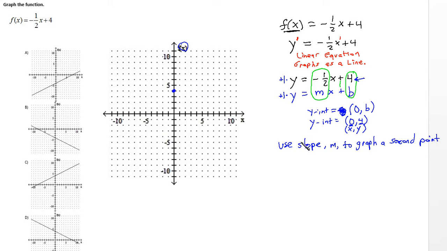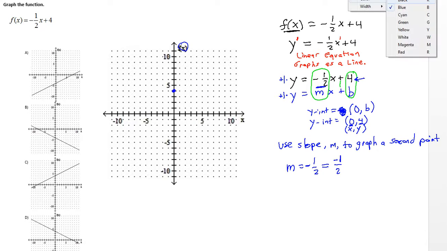And the way we do it is we note that m equals negative 1/2 from the equation. We see that the slope has negative 1/2 in its position, but the problem with negative slopes when we read them this way is we must convert them to a negative fraction. I can interpret it as -1 over +2, or